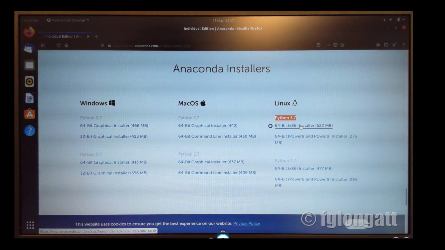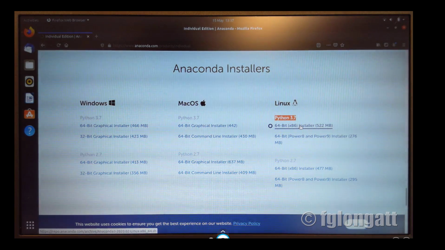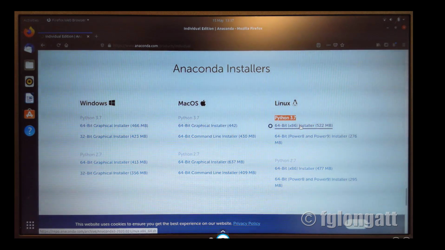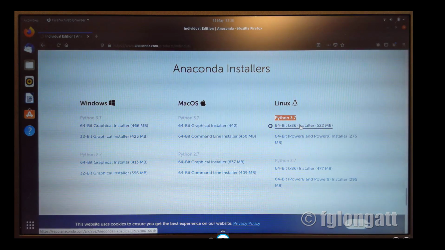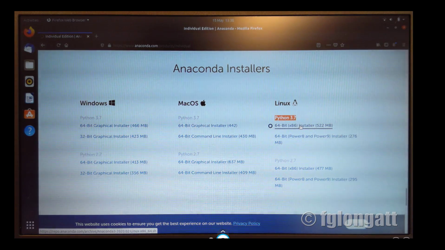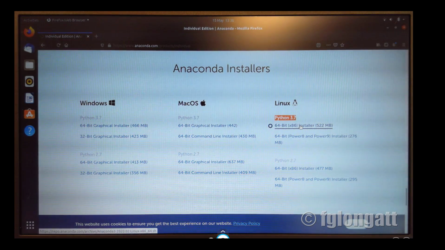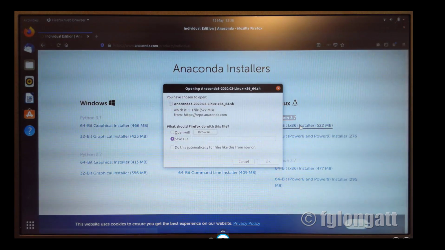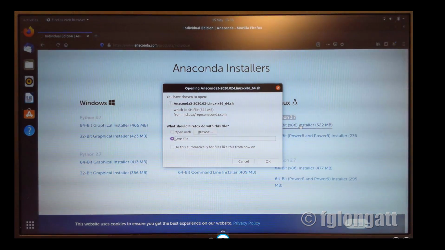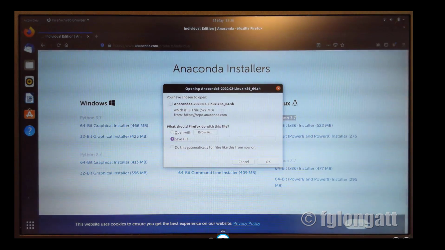Okay, I will select the version for 64 bits, and that is the one that is matching this CPU. Remember, this computer is a Dell Latitude E6430, and this machine is equipped with Intel Core i5. Okay, what I will do now is say, yes, I would like to download Anaconda, and